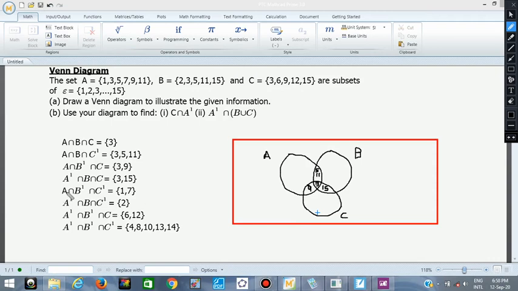Okay. Then what next? Elements present in only A. It's not in B, it's not in C. That is 1 and 7, which is this place. You have 1. You have 7. The element present in only B without A and C, that's the meaning of this prime. It's not in A, it's not in C, only in B, which is 2. Come here and put your 2. The elements present in only C, which is this one, it's not in A, it's not in B, it's only in C, which is 6 and 12. You come here and write your 6 and your 12.